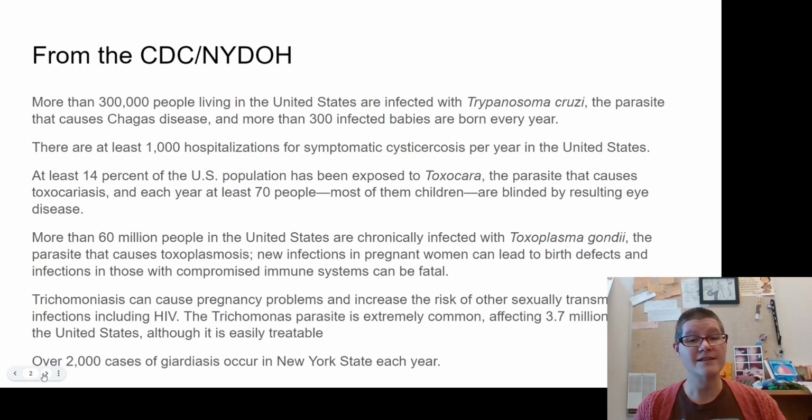Up here in New York State, we have things living in the lakes, and we have over 2,000 cases of giardiasis caused by Giardia every year. So parasitic infections absolutely occur. They occur in quite a lot of people, and there's a lot of people who think that there's a severe underestimation of these because we don't exactly know what to look for, and they're hard to deal with. But let's go through some of the basic eukaryotes and why we care about them.